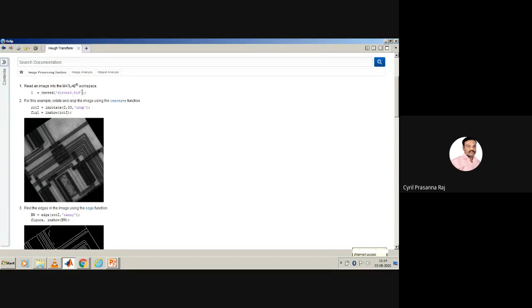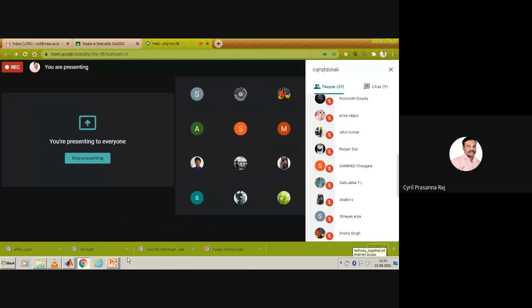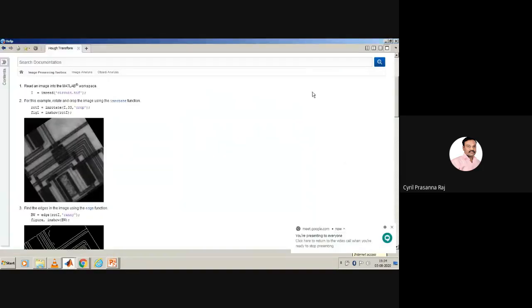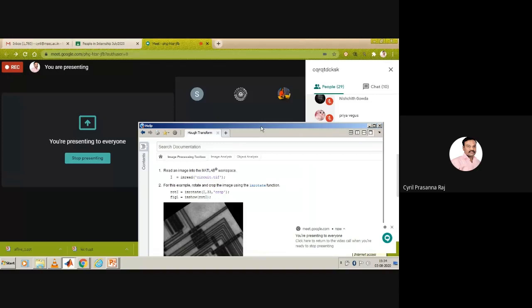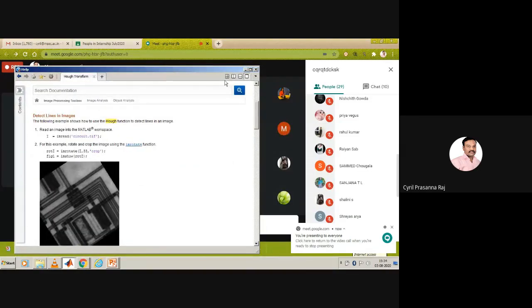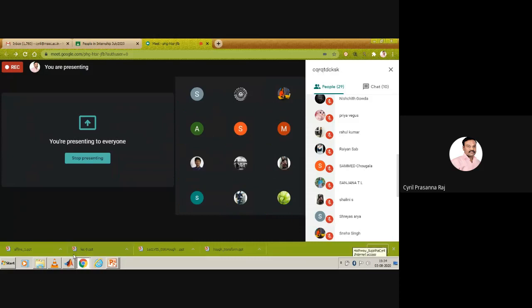Once this image is read, then this image is rotated. See, if you take the circuit image and assume that it is not rotated, it will have only x and y axis. Now can you tell me why a circuit will have tracks only in the x and y direction? Why will it not have tracks in the diagonal directions? I think all of you are from an engineering electronics background. Why does a circuit here? See, this is a circuit. Maybe I can show you the circuit.